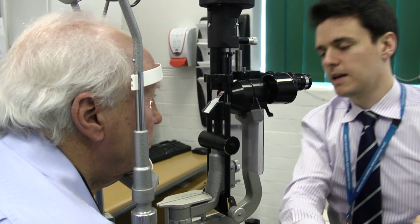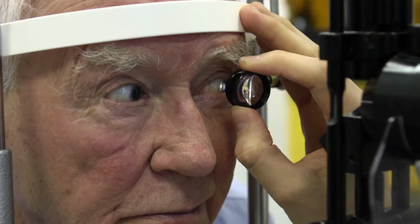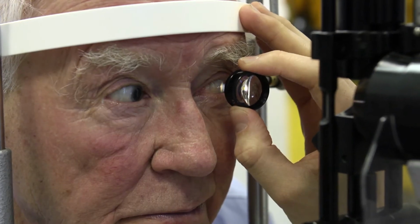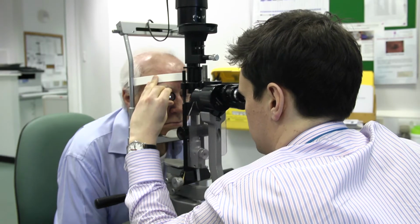Well, as I understand it, the treatment is to have injections into the eyeball with the fluid, which dries up the fluid that leaks from the back of the retina. The drug itself is targeted against a protein which is involved in the abnormal growth of blood vessels. If you can improve the bleeding or the fluid, then you are able to improve the quality of vision that